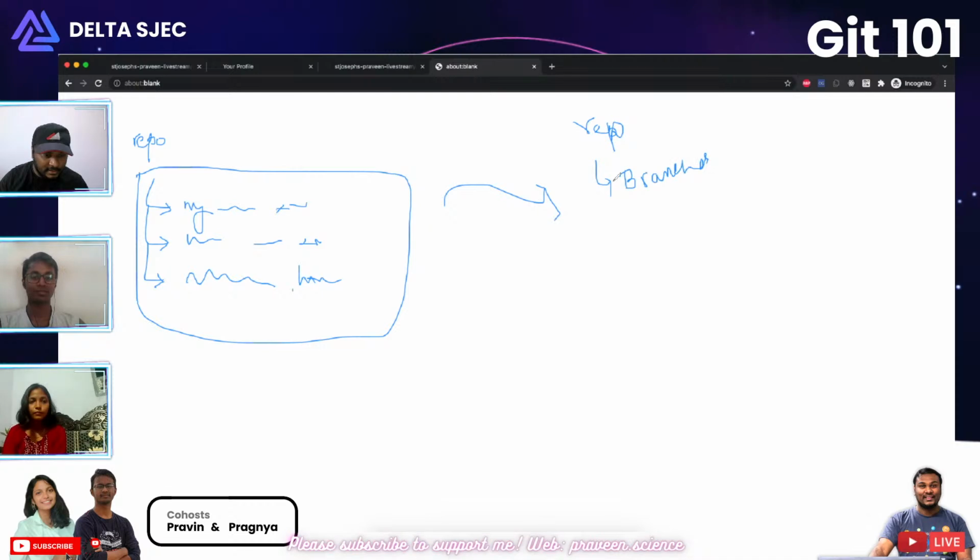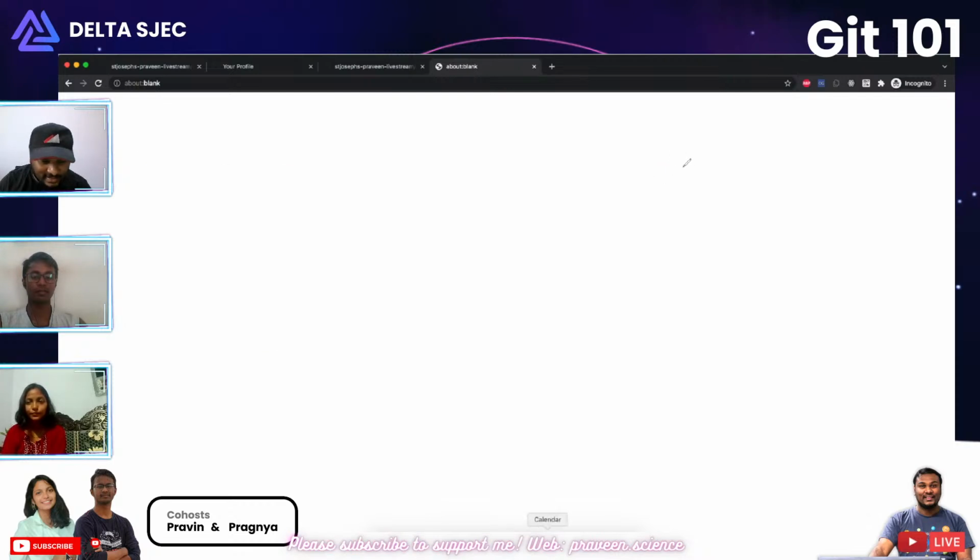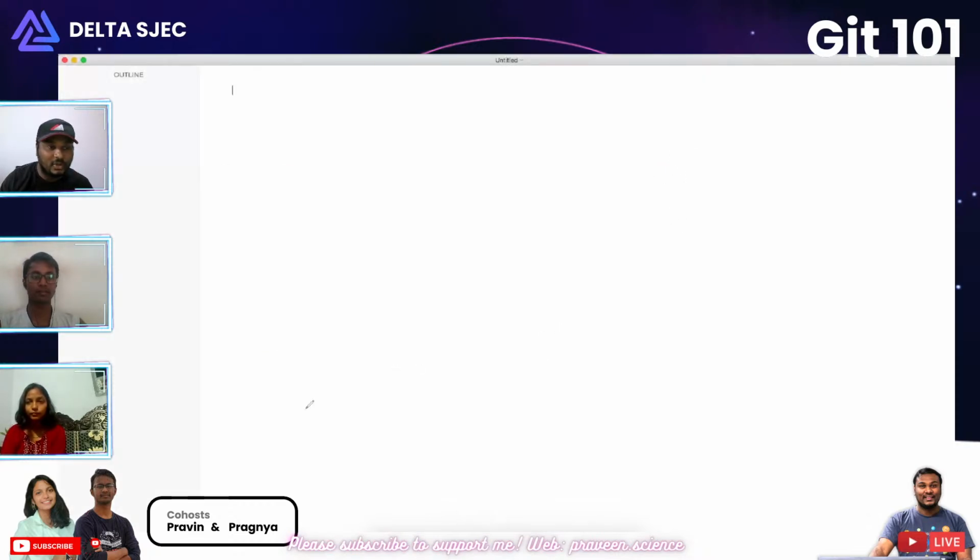Okay, my handwriting is extremely bad, so let me clear all the drawings and then try to use Typora. Typora is really cool to use as a markdown editor. So let's say you have a repository, and inside the repository you have got a lot of folders, files, etc. Okay, this is what you would see. At the same time, you can also see this as